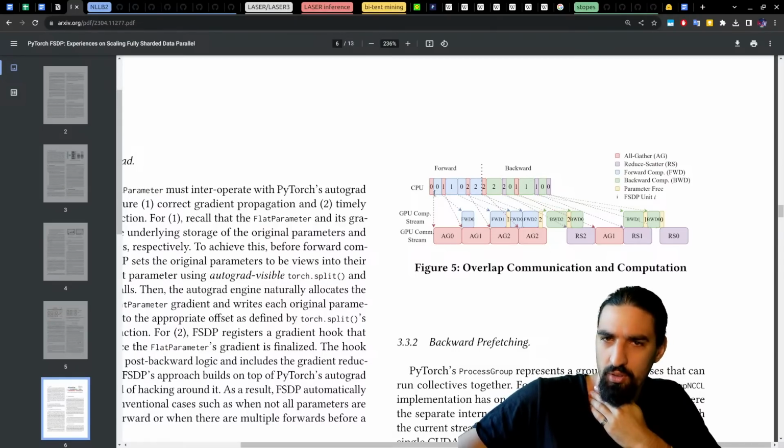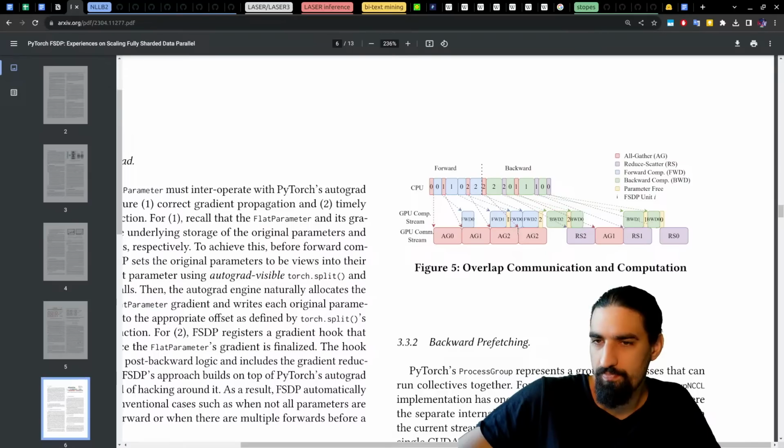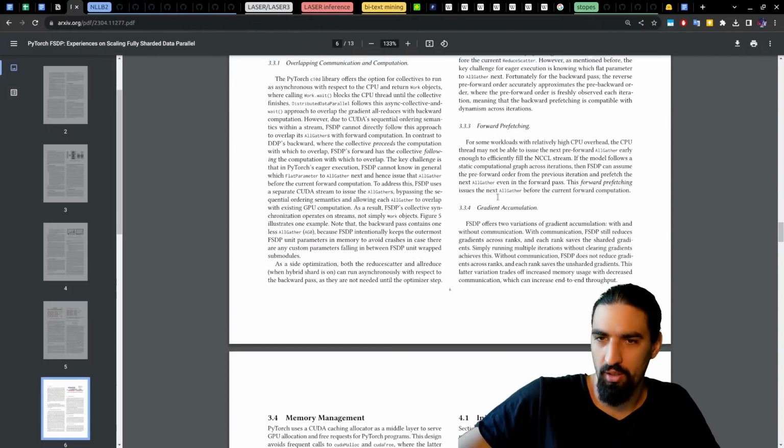So we kick off all gather, then it happens here, and then we do forward computation, then all gather again, then forward, and then I guess we are done. Parameter free. Okay, this is just how they dial the computation so that you don't have any bottlenecks, I guess, on the CPU or whatnot.